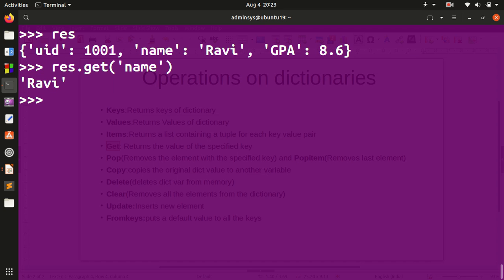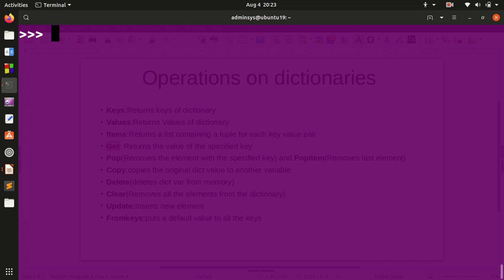But if I want to retrieve a key that is not present, then it returns None. That is res.get with, let's say, address. We know that address is not in the dictionary, so it returns nothing. That means the dictionary does not contain address. That is how you can use the get method.